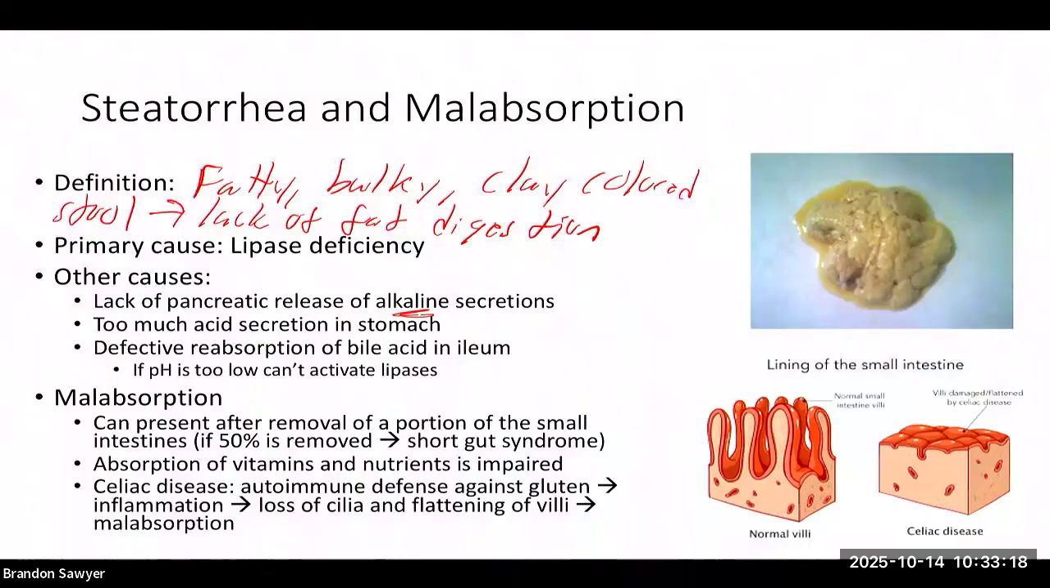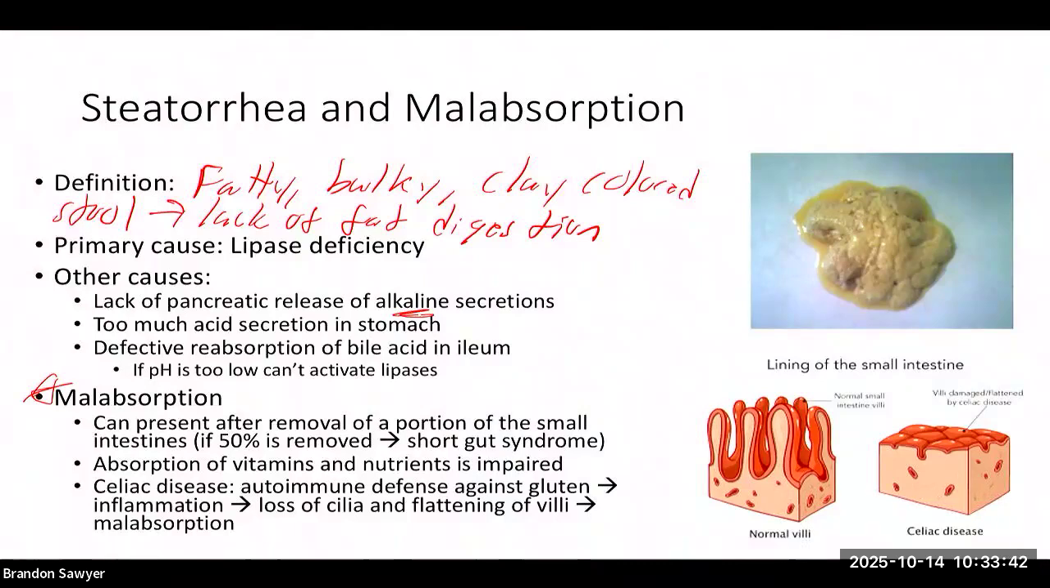There can also be too much acid secretion in the stomach, so it's just too much for the pancreatic alkaline secretions to overcome when it gets down to the small intestine. And sometimes there is defective reabsorption of bile in the ileum. And other malabsorption disorders can include